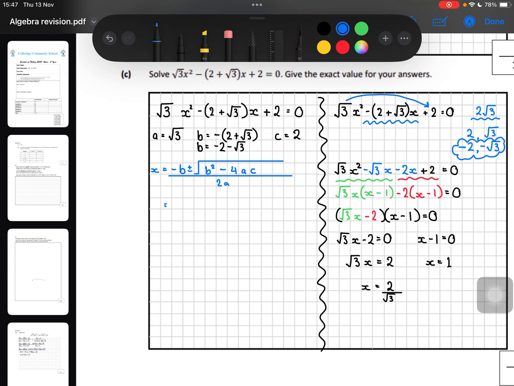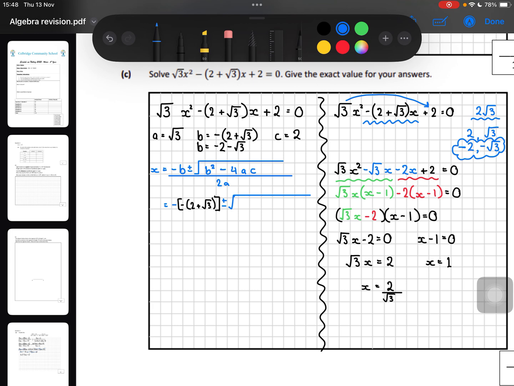So if I was to go and fill that in, it's going to be minus by the minus. So that's automatically going to go to a plus. But I'll fill it in with the minus outside anyway. 2 plus square root 3. Okay, plus or minus